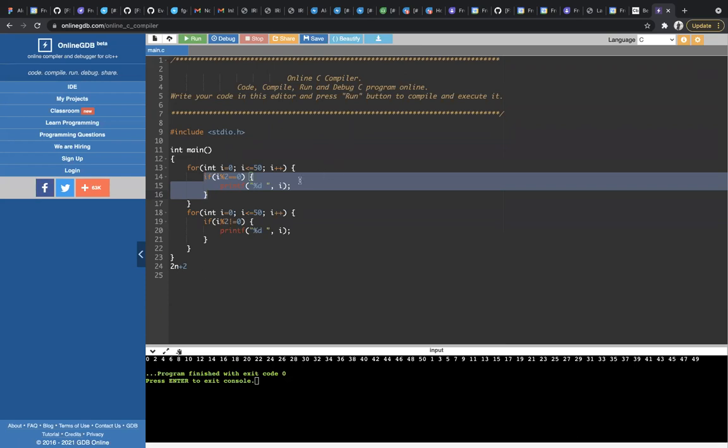Okay, cool. So 2n plus 2 is the count. Can we reduce this? As I already told, when taking time complexity into account, people mostly focus on multiplication, division, and exponential properties.